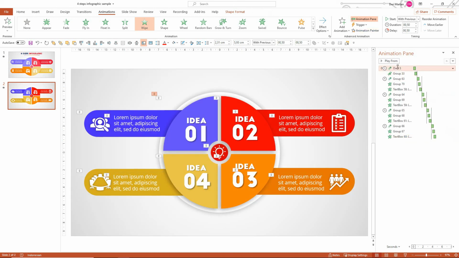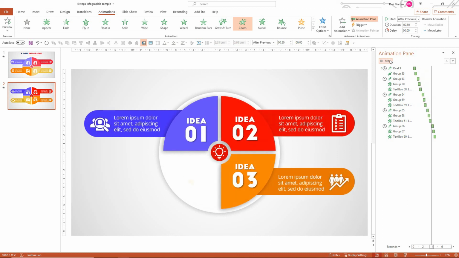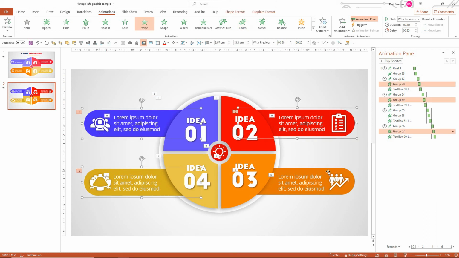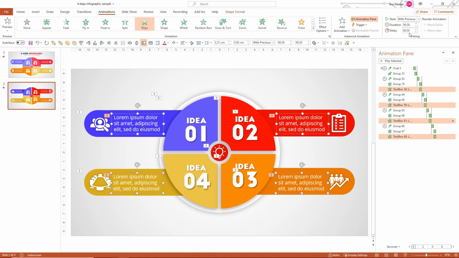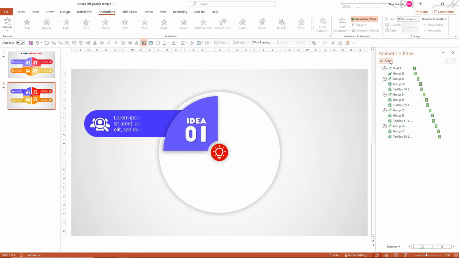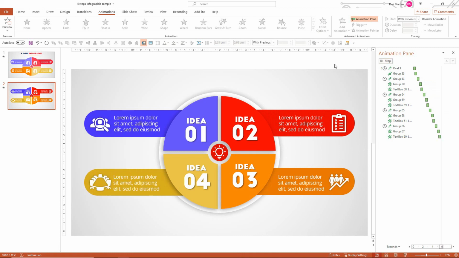Now we have done the animation, let's preview it. As you can see here, the animation of the content part is just too fast. Let's fix it. Hold shift and select all the content parts, and then change the delay to 50. After that, select all the text part and give it a delay 75 seconds. After that, let's preview it. Now you can see here the animation is done better than previous.